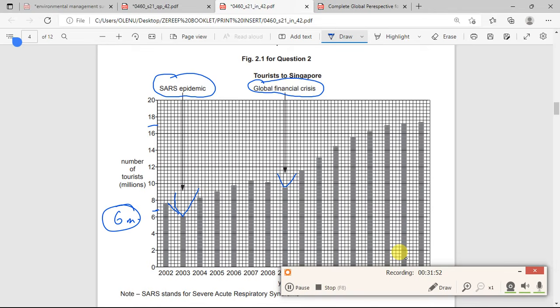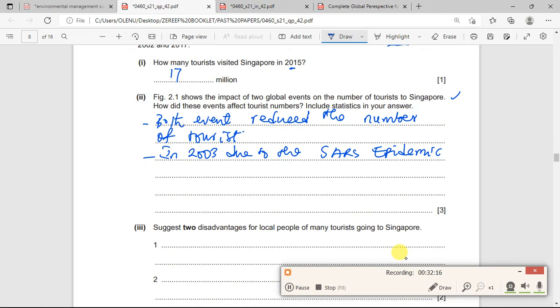If this is 6, 6.2, 6.4, 6.6, 6.8, so it's around 6.8 presently in 2002. So if you minus that, it's around 0.8 decrease. So you come back, find out that SARS epidemic reduced by 0.8